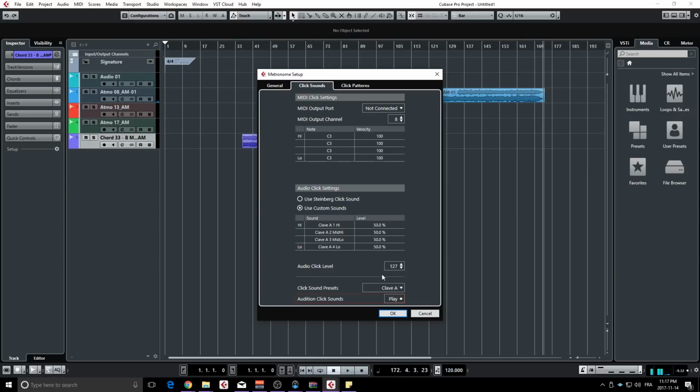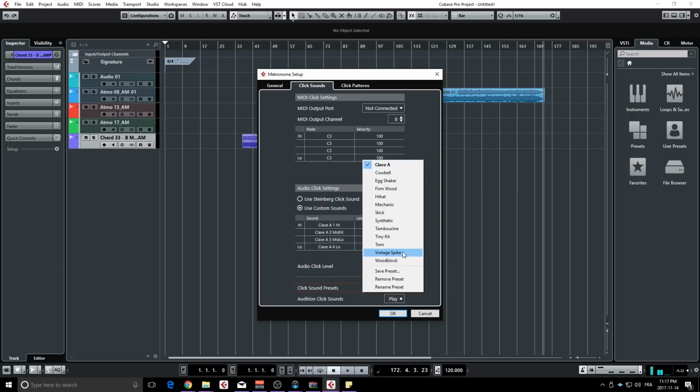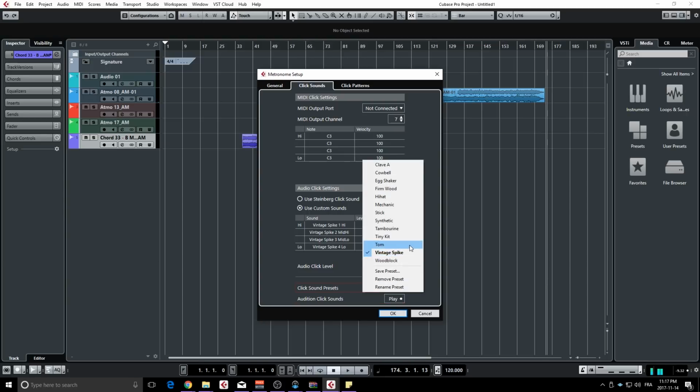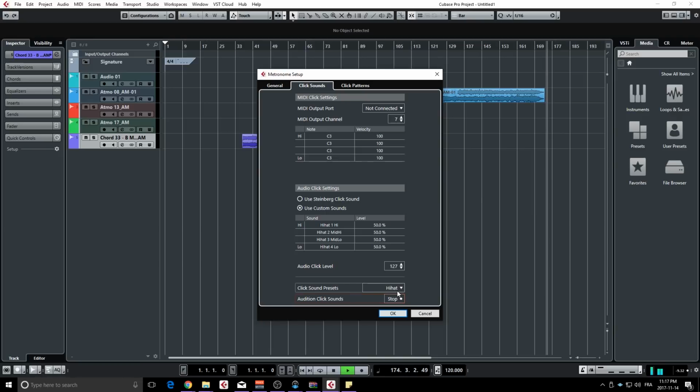Yeah, that's pretty good. Let's try something else. Vintage spike. That's cool, but we can choose whatever we want. Let's say our drummer likes to have hi-hat, so we can do that also. Really nice. I'm gonna stick to the original Steinberg click sound because I actually really like it and I'm used